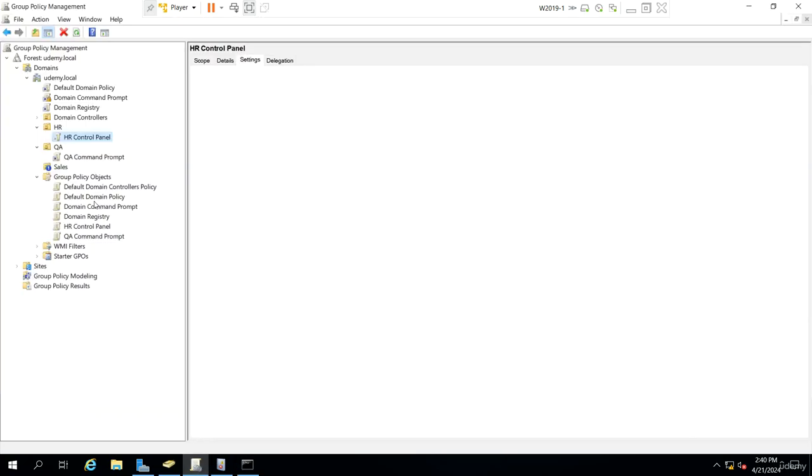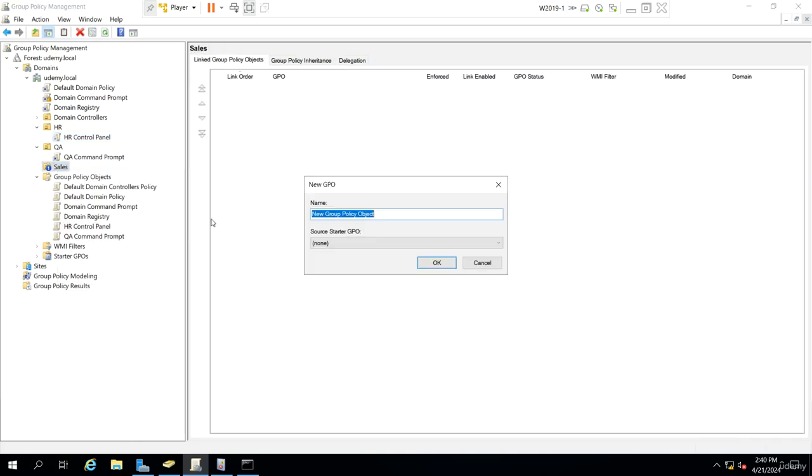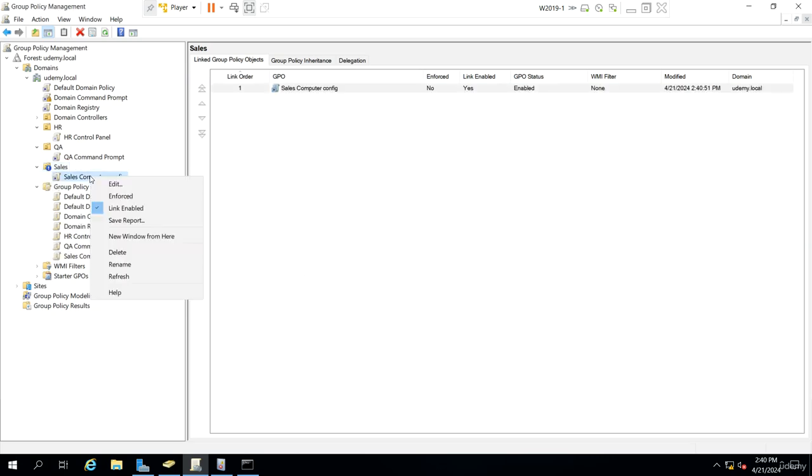What I'm going to be looking at is, let's say, for example, if I go ahead to the Sales OU and I create a policy here, and I'm going to call this Sales Computer Config. So we know this is a computer configuration policy, and I'm going to click on OK. So I'm going to right click on it, choose edit,